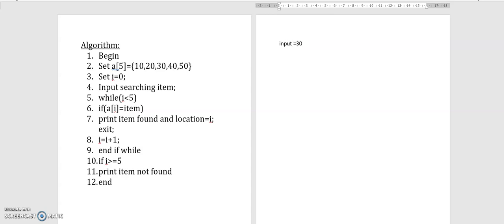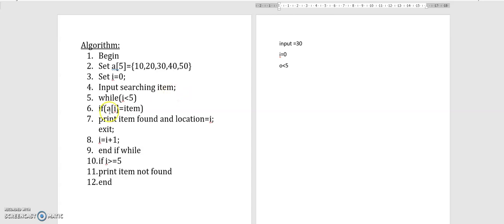That means I need to search for 30 in this list or array. Initially I is equal to 0. Next, in the while loop, I less than 5, that means 0 less than 5, which is true. Then go into the while loop.